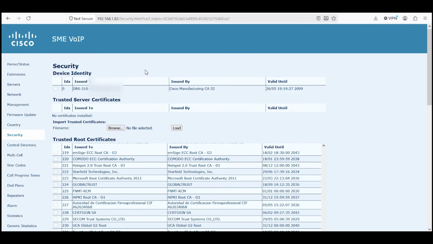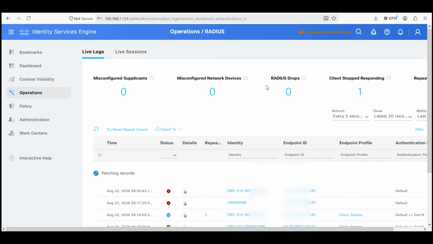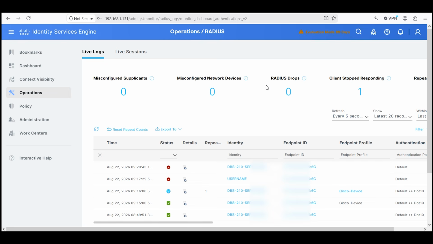Okay, and then we're going to go to the live logs, and then I'm going to get the actual base station to the switch port where we have EAP TLS configured, and we're going to give it a few moments. In my example here, as I had mentioned earlier, it is going to take a little bit longer because I do have those 3 additional servers configured where the CAT9300 is trying to reach, which are offline,